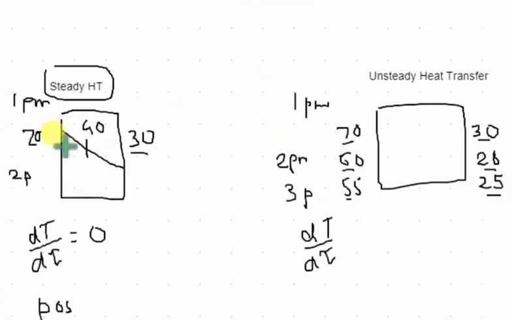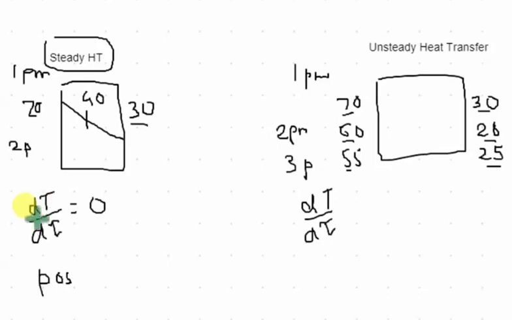But in steady state, the temperature is not changing with respect to time, and it is changing with respect to position. So the only thing common is that in steady state the temperature changes with position, and in unsteady state also the temperature changes with position. But what is the main difference? That is the rate of change of temperature with respect to time. In steady state it is 0, and here it is not equal to 0. Here there will be continuous change of temperature as you go on measuring the temperature after a particular interval of time. So today we will focus on this point only.